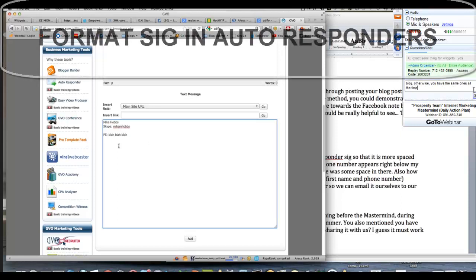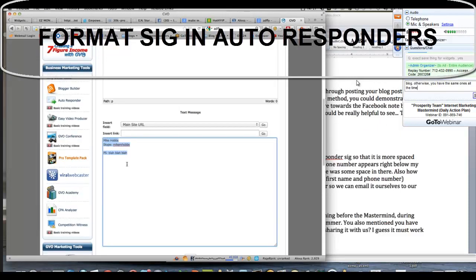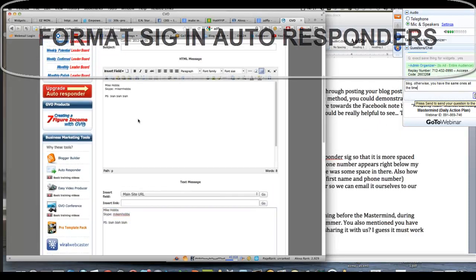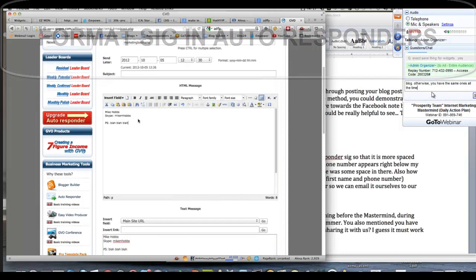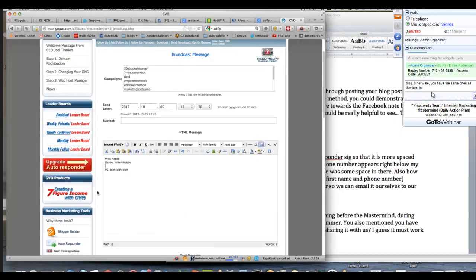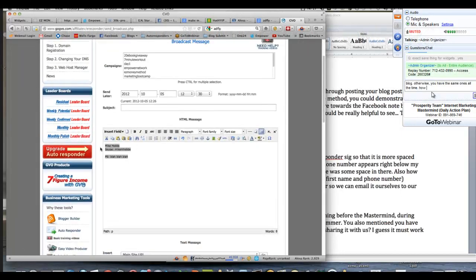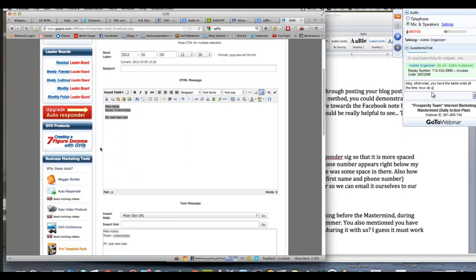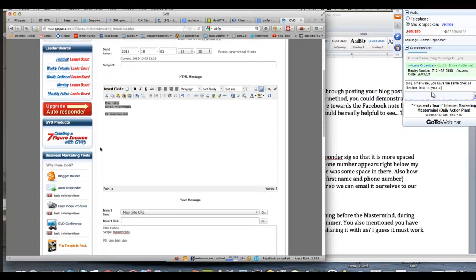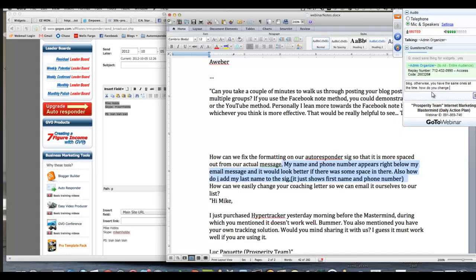So when you do it in the plain text message, the spacing is correct. And then what I do is I copy and paste it up into the HTML message, and then the spacing is correct. So that's a little bit of advice for your autoresponders to get their correct spacing: you just do it in the plain text version first.